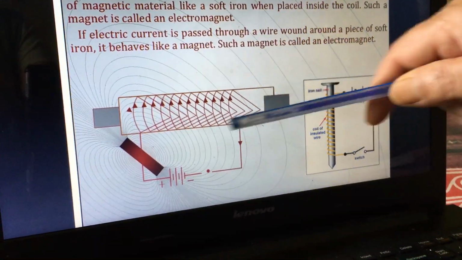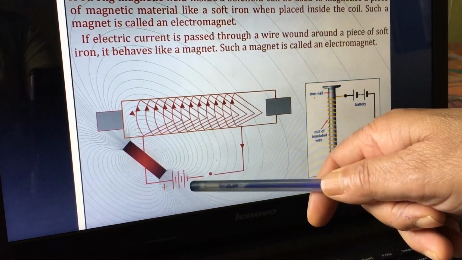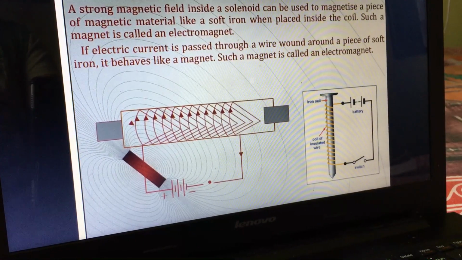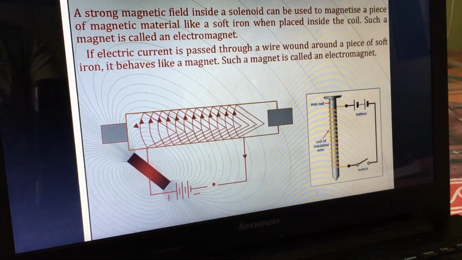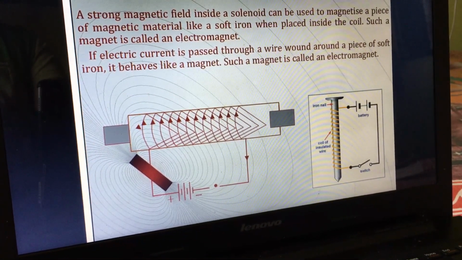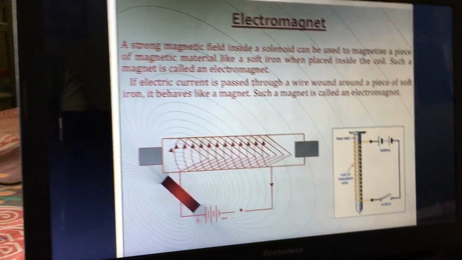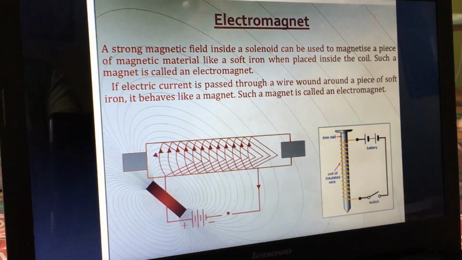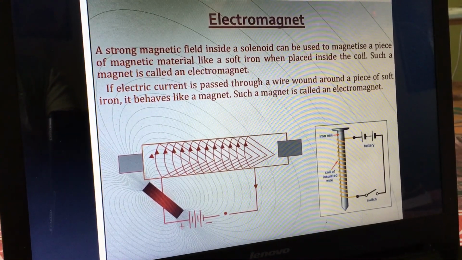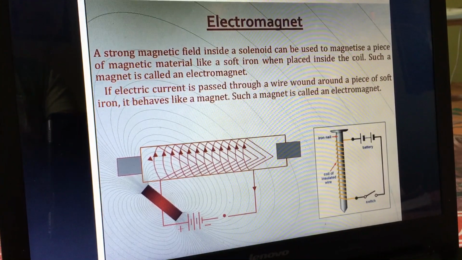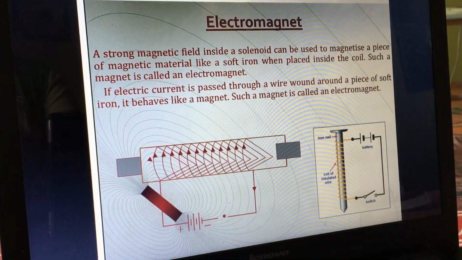In the diagram given, we make a solenoid, and in the solenoid we insert a piece of soft iron, and that is connected to the battery. When the key is on, current flows through the solenoid, and then the iron piece kept inside the solenoid becomes an electromagnet. An electromagnet is a very strong magnet, but it is a temporary magnet. Why temporary? Because it possesses its magnetic properties only as long as current passes through the circuit. If the current is stopped, then the iron loses its magnetic properties. That's why, though it is a strong magnet, it is a temporary magnet.